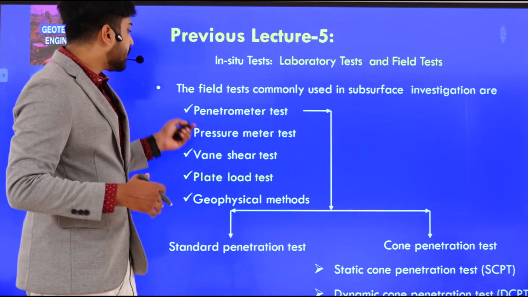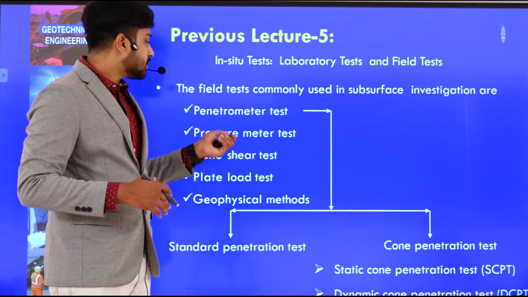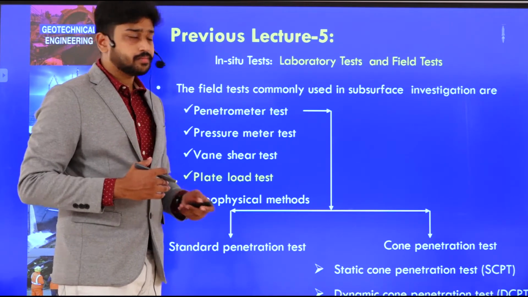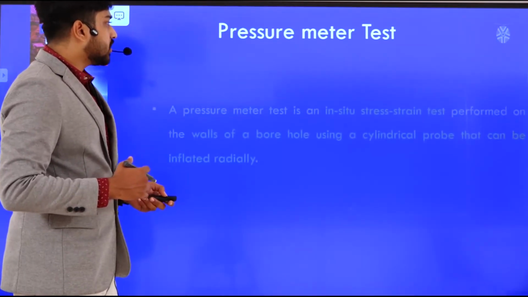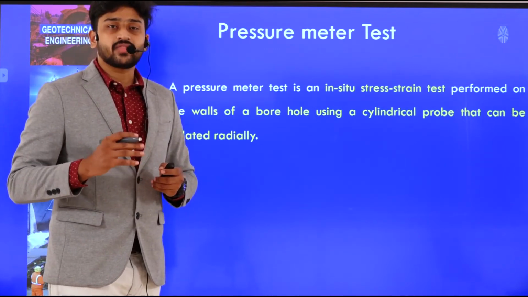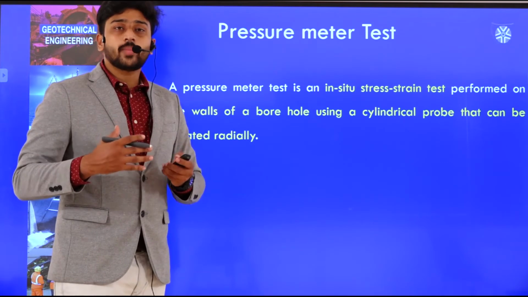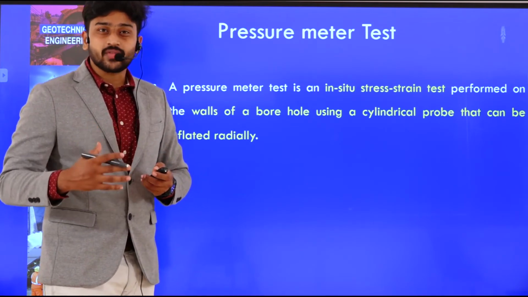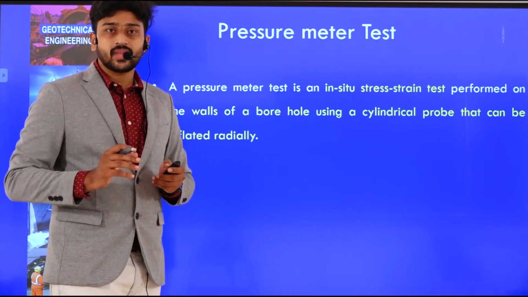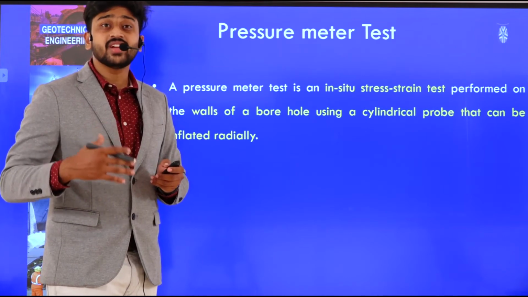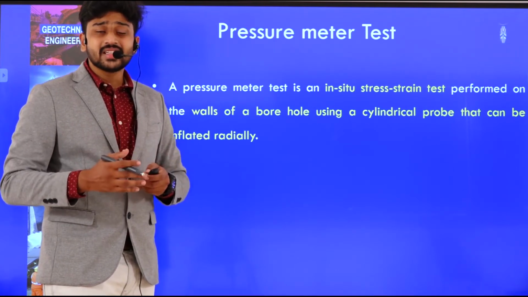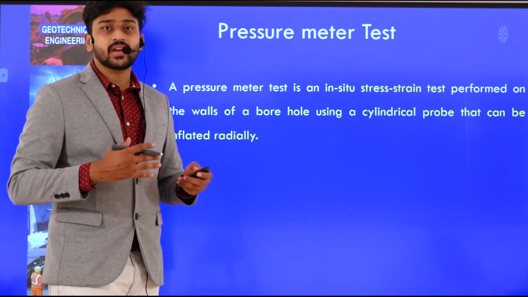In today's lecture we will try to understand what we mean by the pressure meter as well as the vane shear test. Let us look at the following things now. The pressure meter test is generally an in situ stress strain type of test. That means we try to obtain the stress strain behavior of that particular type of soil and understand its behavior, then we estimate the Young's modulus, and evaluate the type of soil based on the Young's modulus. Since the soil is generally non-homogeneous, we need to carry out the test in this manner.